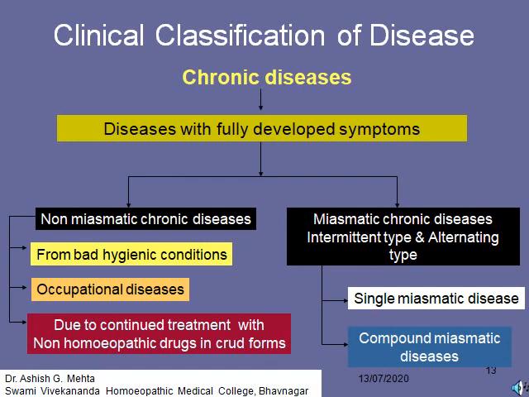In single miasmatic disease, either psora is responsible, or psychosis, or syphilis. But in compound miasmatic disease, there will be a combination of psora and psychosis, psychosis and syphilis, syphilis and psora, or all three together. This forms the compound miasmatic disease, and that is why it is the most difficult to cure such compound miasmatic